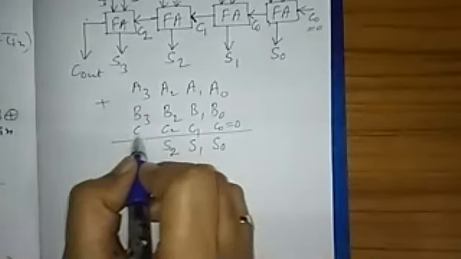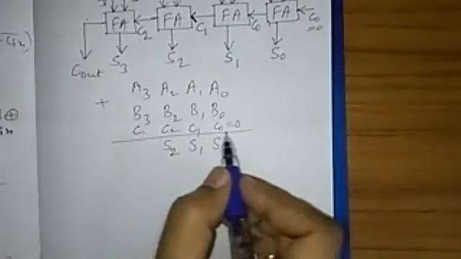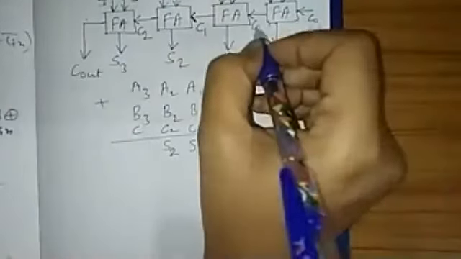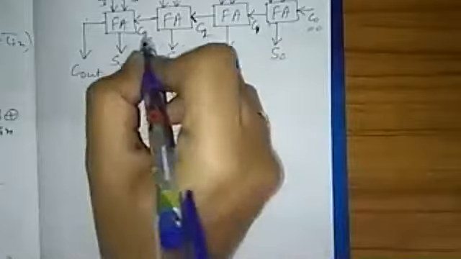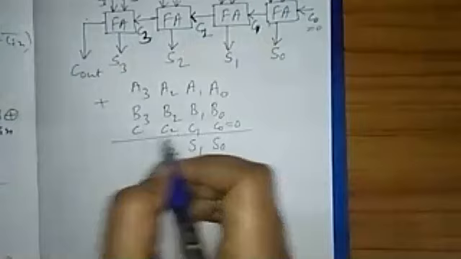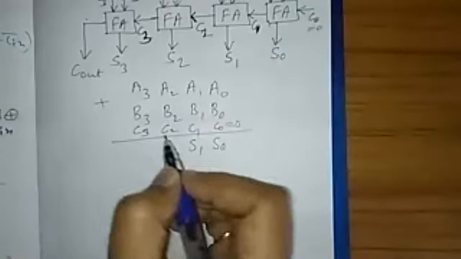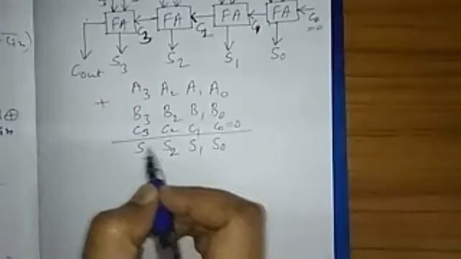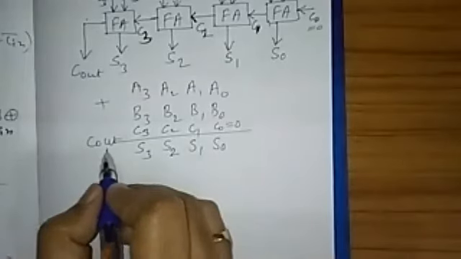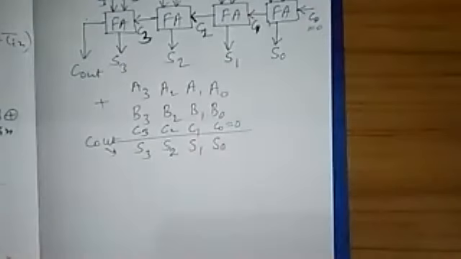For that the carry is to be written. Here I have written C0, and again C0 only. Therefore, this will be 1, 2, and 3, because C0 I have used here. Therefore C0, C1, C2, C3, and then if I add, this will be S3, and from here it is C out, the MSB bit. Whatever I get from here, this one.